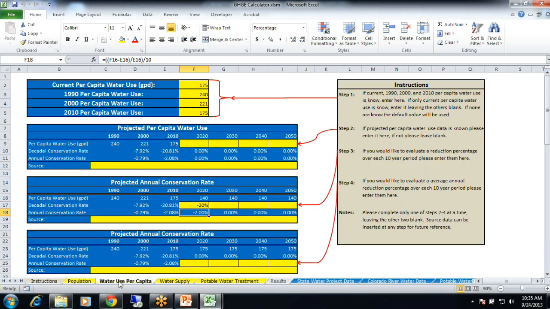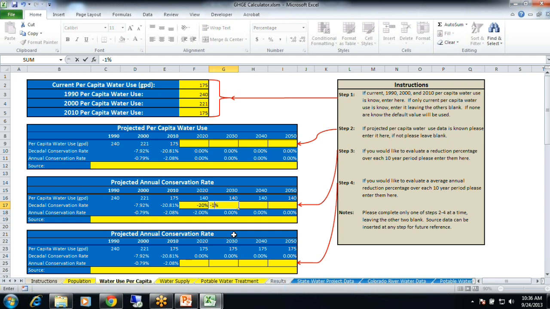Another interesting thing that you might want to do is say, okay, I know we got down to 20% less water use by 2020, but we want to go even further. And we want to do 10% each decade because of these amazing new technologies that are coming out that are great at conserving water, or we're not having any outdoor water use, whatever your goals are.